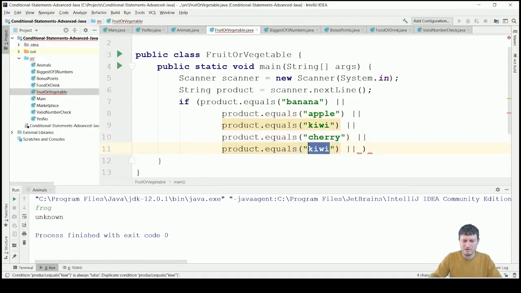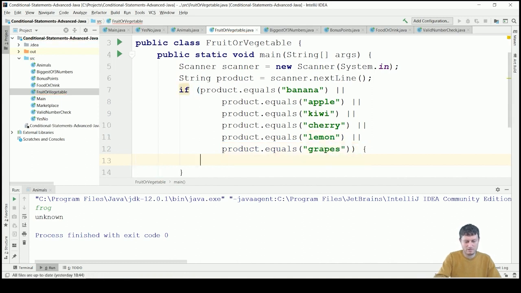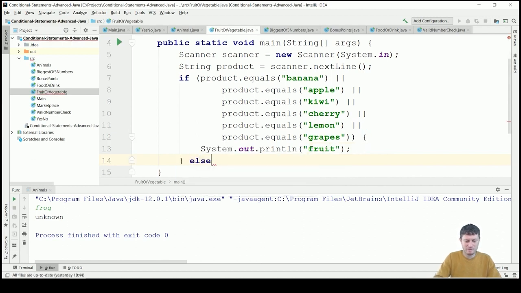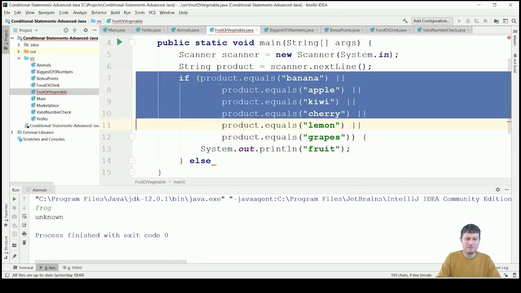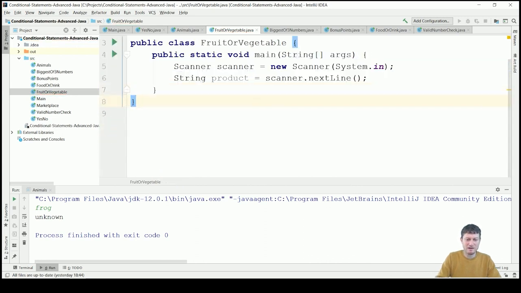Kiwi, cherry, lemon, grapes, cherry, lemon, and finally I should check for grapes. If this happens, I will print that this is fruit. Otherwise, I'll have some other checks like, well,